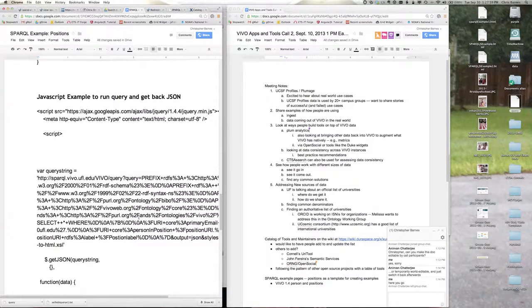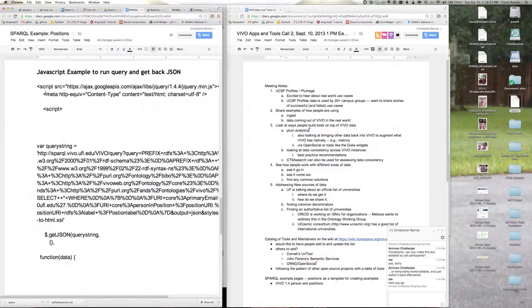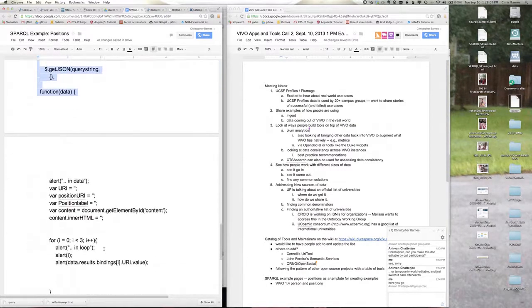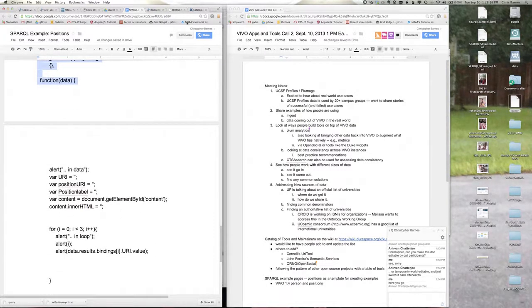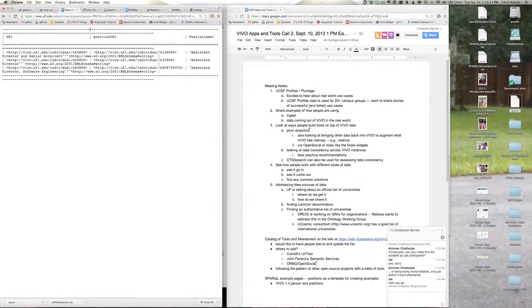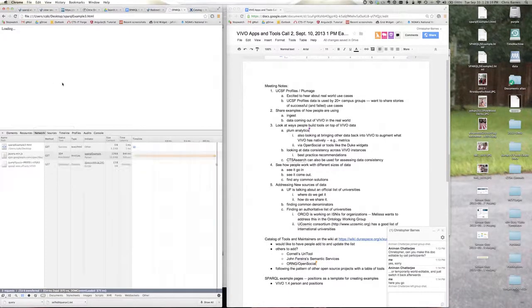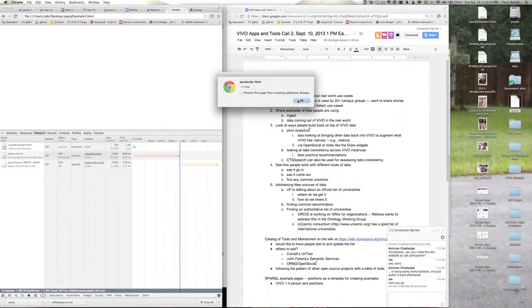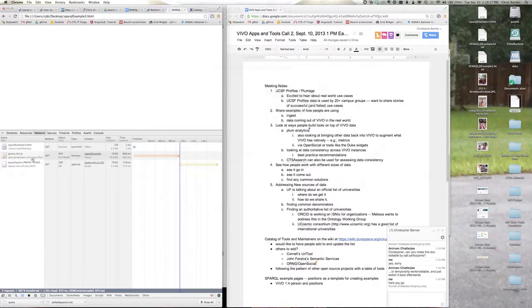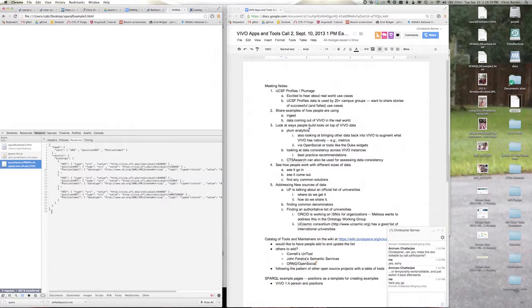And then here's some sample JavaScript code that you can use to run that query and get back the JSON data and enumerate it. Right before the call, I was actually playing with it. When I run my code here, you can see my JavaScript alert box is coming up, and there's my URI. I'll show you over here in the console for Chrome. You can see the same JSON array. So you could do more fancy HTML stuff if you wanted to.